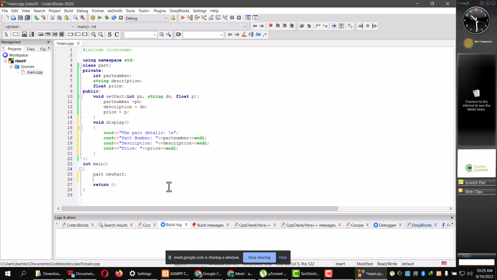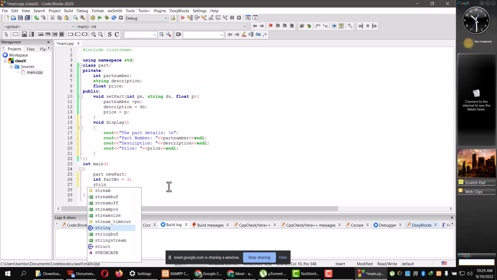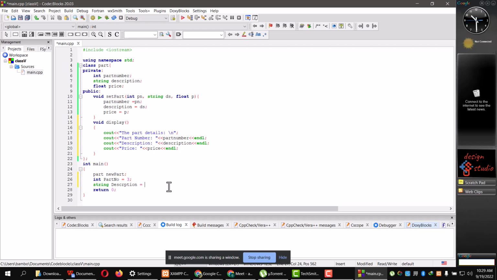So we will have an int part number, which will be equal to 3. We'll have a string description,